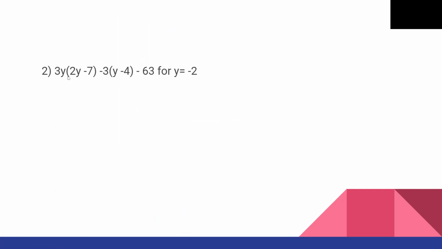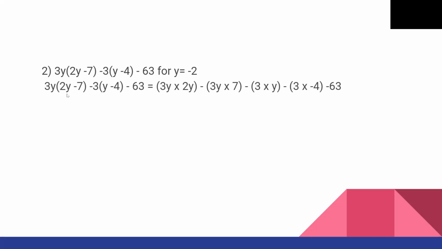So here we have a long expression with the variable y. Then we have to substitute y equal to minus 2. So first of all, we are going to simplify the given expression. So take the expression 3y into 2y minus 7 minus 3 into y minus 4 minus 63 equal to,